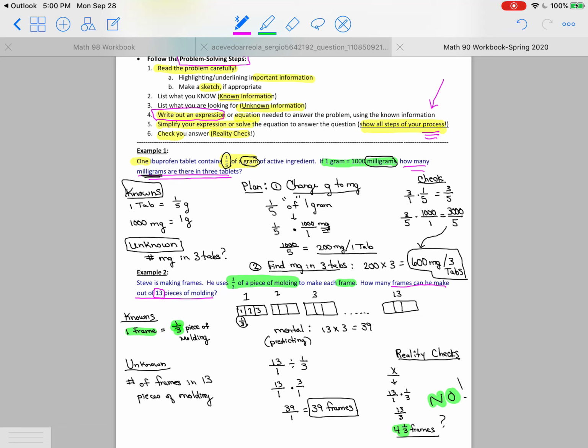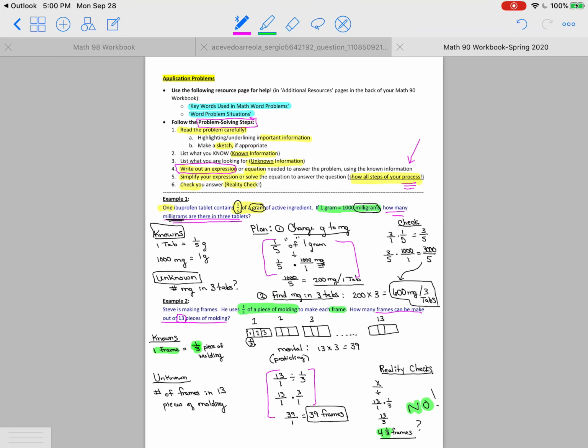Okay, make sure that you're including the math of it, that you're not just writing what your thoughts are and then putting an answer down, because I am really interested in this right here. This is where your algebra and your math skills are coming in. Okay, all right guys, we will keep working on this, and we'll